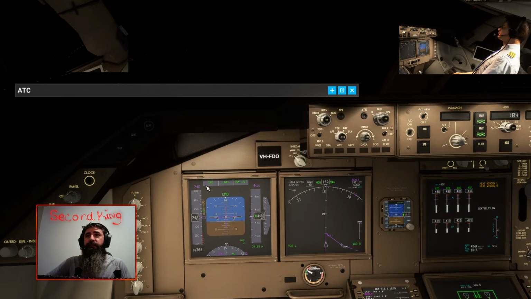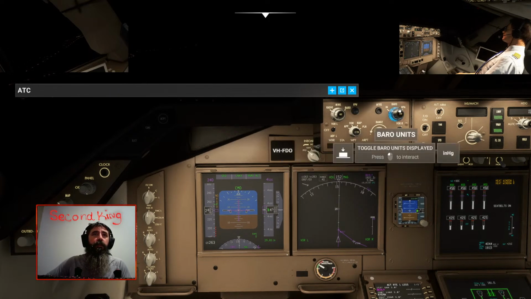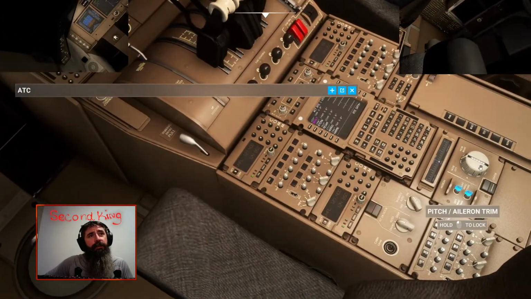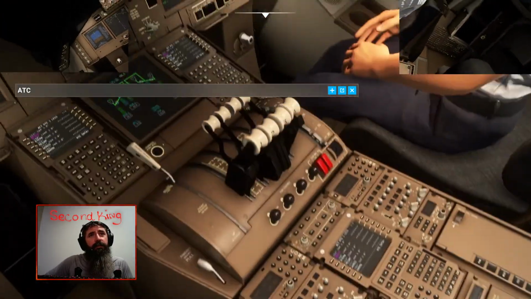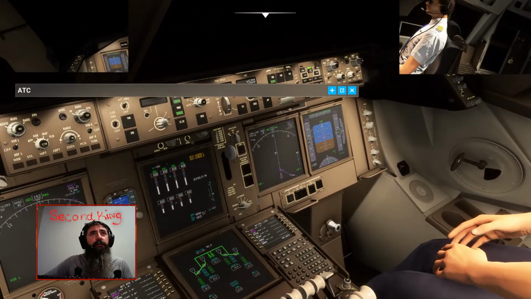The cockpit is very bright. I don't even think I can make it less bright. I don't think I have any control over the brightness. It's just burn your eyeballs out or burn your eyeballs out.